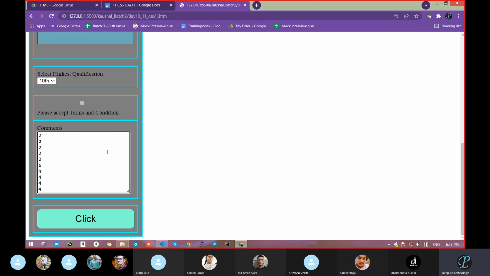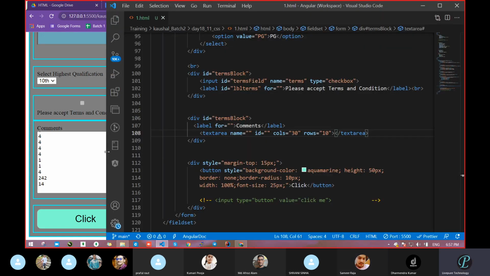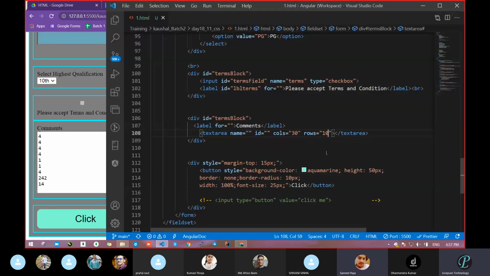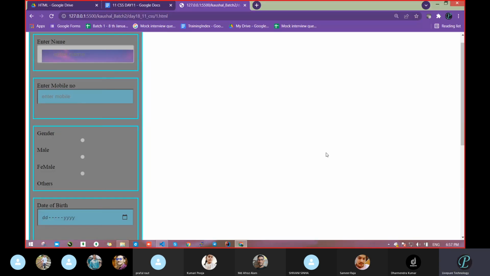Up to 10 it will take, because we have 10 rows. But now if you enter more, 11, then you get a scroll bar. Okay. Got my idea? What is it going to do? With the help of this, however many rows you pass, that much space it will take. Okay. If you take only 2, now see, where is that?